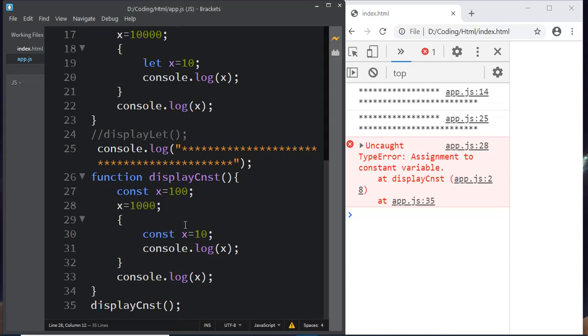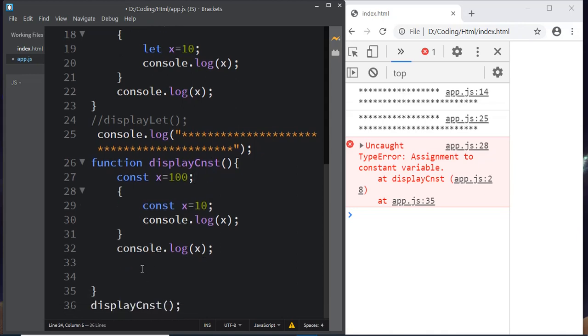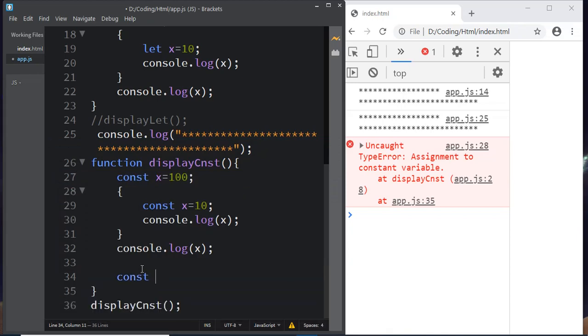How can we change the value of a constant? If you want to modify the value of the const, how can we do it? I will not change anything, I just remove this line and keep it like this. Now I will create another variable, const y equal to an empty object, and I will assign some properties.